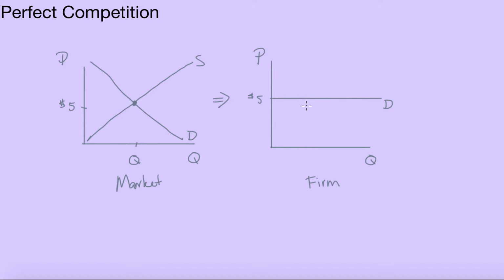Since no individual firm gets to choose what price they sell their output for, all they can do is decide what quantity they want to sell. So let's look at a couple different options for what quantity they might want to sell. Let me get my pen a little darker for you guys. Okay, so if we were to look at a perfectly competitive firm,